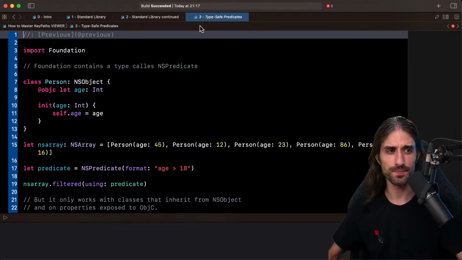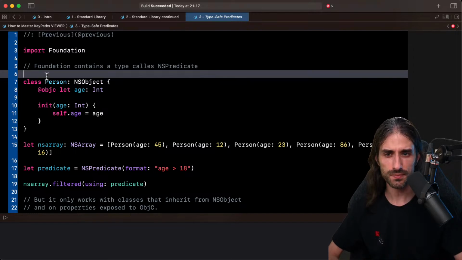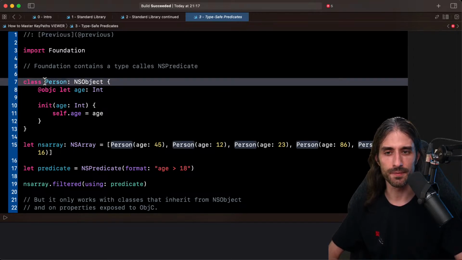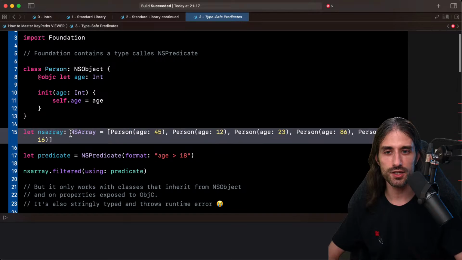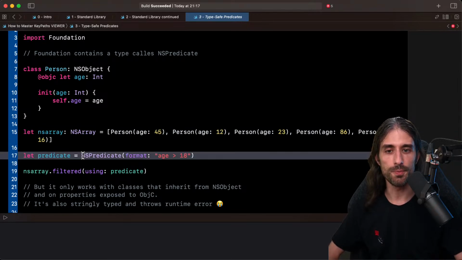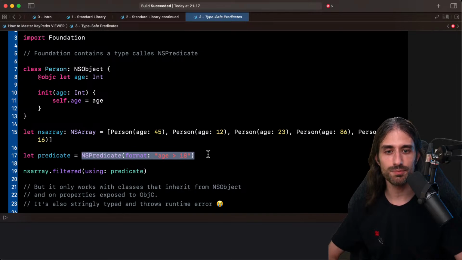Before we talk about type-safe predicates, I want to bring you back to the glorious days of Objective-C, where we had not type-safe predicates. We had stringly typed predicates. So in Objective-C, if you had a class called Person, and on this Person a property called age, and then you had an array of Person, you could create a predicate using NSPredicate.